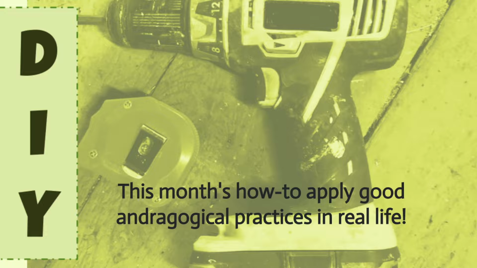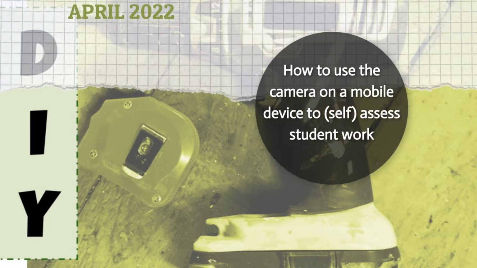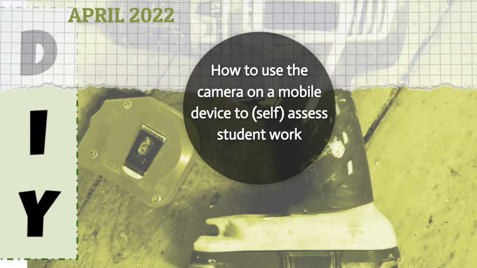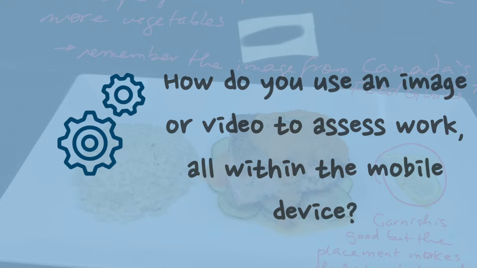how to apply good andragogical practices in our real teaching lives. This month, April 2022, we're going to look at how we can use a mobile device, either a phone or an iPad or a tablet, in a lab situation to either assess student work or have the students assess their own work by using the camera function and taking either an image or a video and annotating directly that image or video. So, how do you use an image or a video to assess work or have students self assess